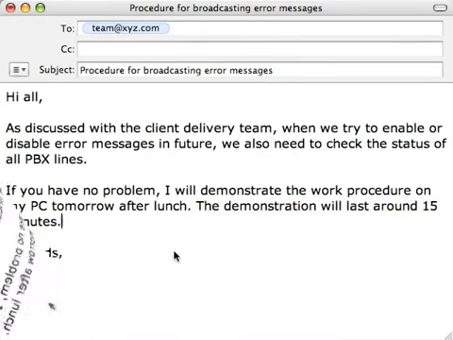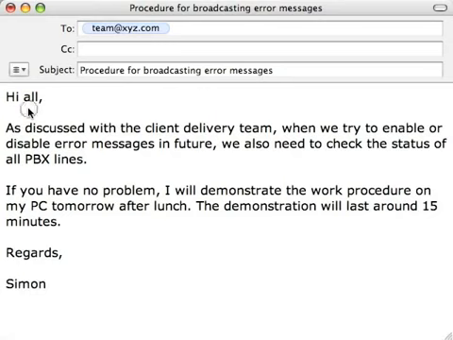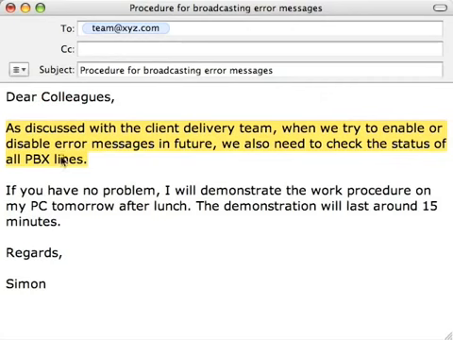So finally, let's go back and reread the entire email for problems of tone, starting with the salutation. Beginning a business email with "Hi all" seems to make the tone a little too informal, even though this is an internal company memo. So let's change the greeting to "Dear colleagues," and remember that we want to capitalize each word in the salutation. I don't think the first paragraph has any issues of tone, but in the second paragraph,